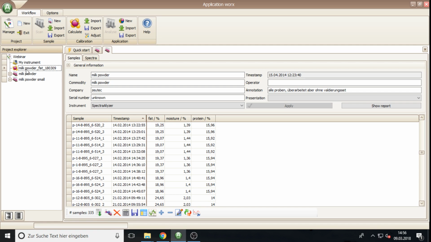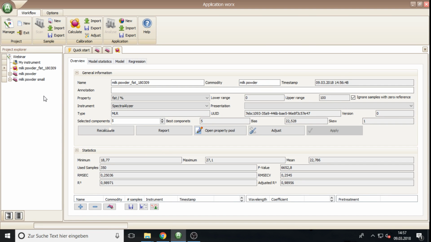So now it's time to have a look into this. Therefore, double click on it and this will open this calibration view, which is divided basically in some different tabs once again, and here some regions with general information which give you the name. Some of them could be edited. That means you could now, for example, if you like to rename the model or not, you could here change the commodity. Maybe you want that it's in capital letters. You have a timestamp which lets you know when you calculated it. You could do an annotation,